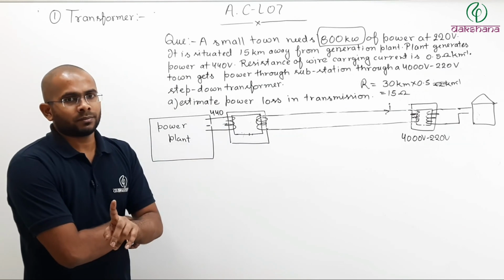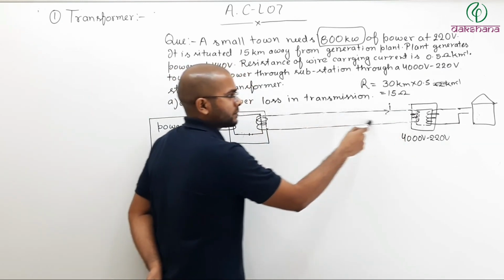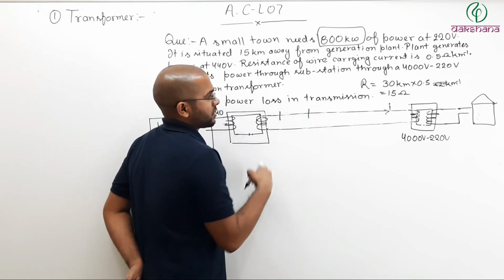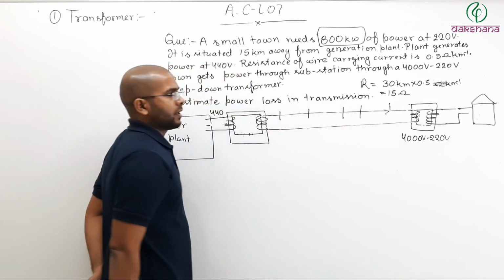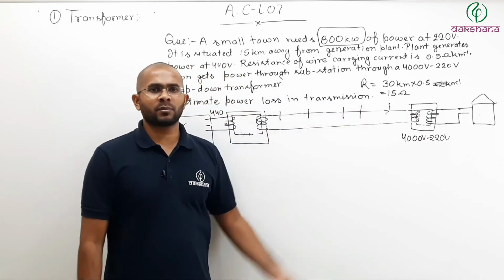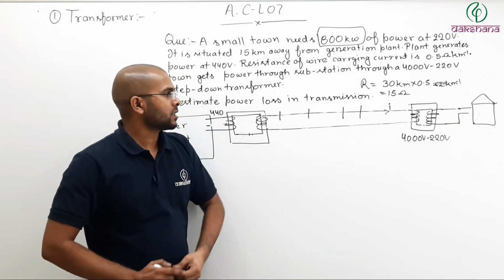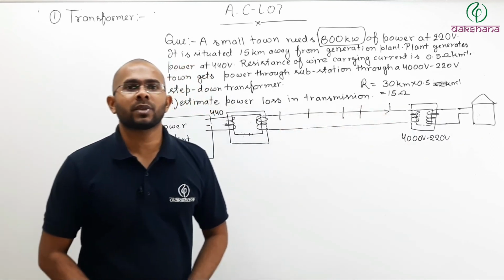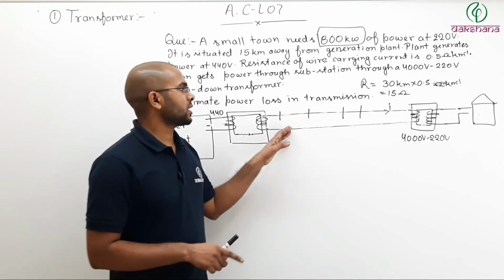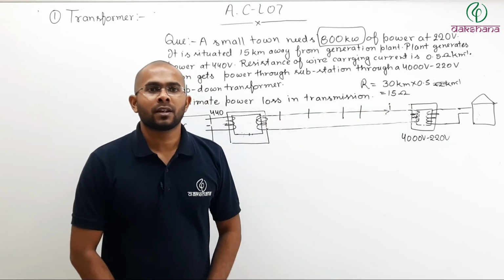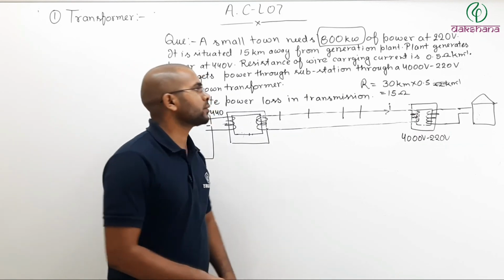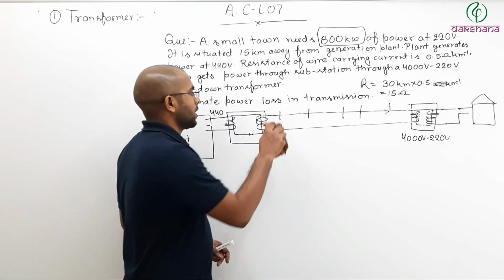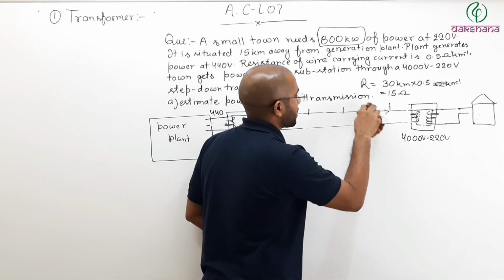Now if you pay attention, here the current is flowing, correct? And if the current is flowing, let us take 2 points, this section and this section. Will the potential difference across this and this section be the same? No. Since current is flowing, the potential difference across any two sections will not be the same. Meaning the potential across all the 15 ohm is not the same. So you cannot use the formula V square divided by R. Now let us understand why there is high voltage transmission.